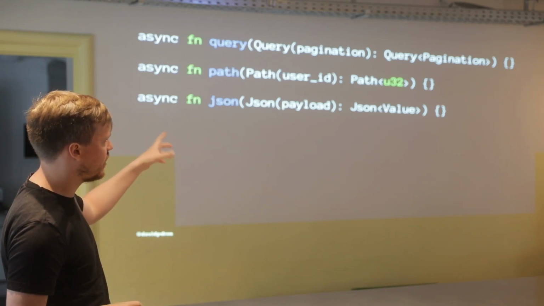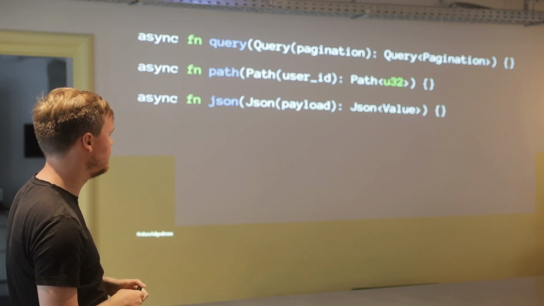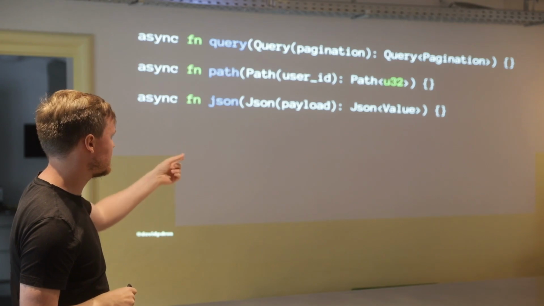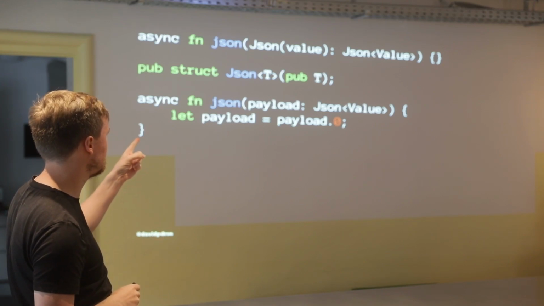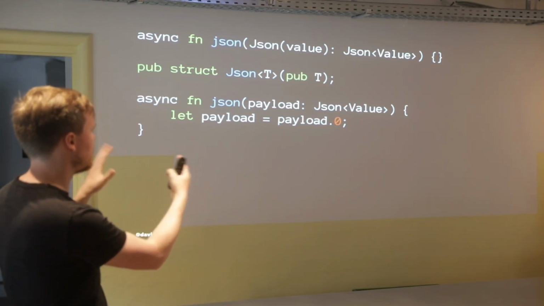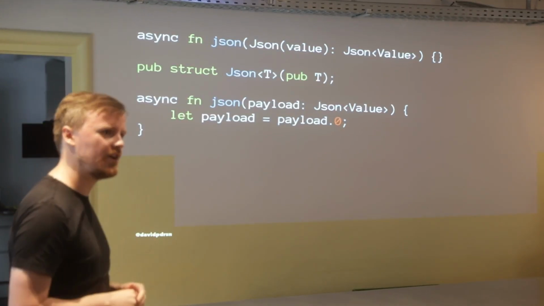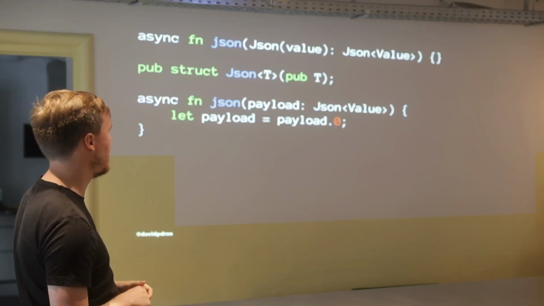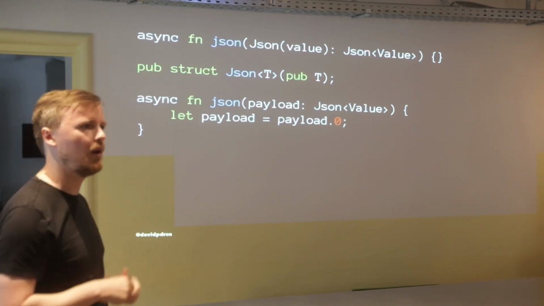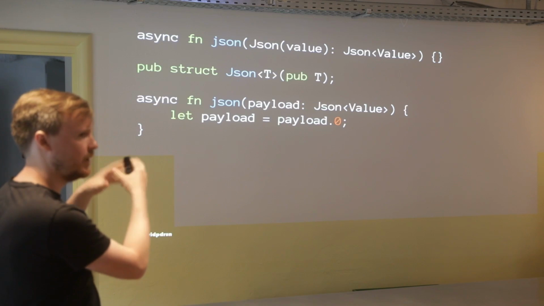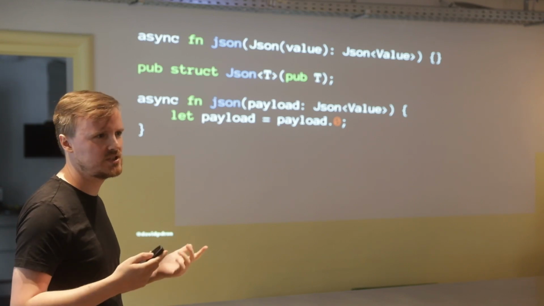In this case, we're saying that we want one path parameter. So that could be like /users/ID. Pull out the user ID, parse it into u32. And lastly, there's Json that works the same way. This syntax, I get questions about that sometimes, where you destructure the value directly in the arguments. You can actually do pattern matching directly in function arguments in Rust, as long as it's an irrefutable pattern, I think is the word. And that works because Json is just a tuple struct that has one public field. So it's like doing a match directly in the function arguments. That just means you don't have to say .0 on the first line in the extractor. So it's just a little nicer.